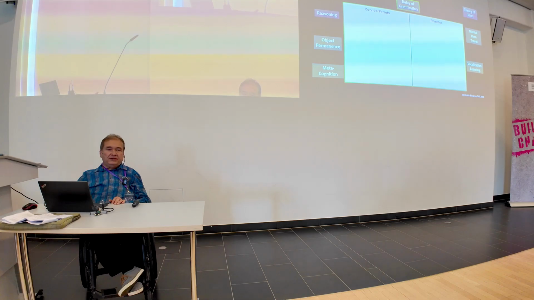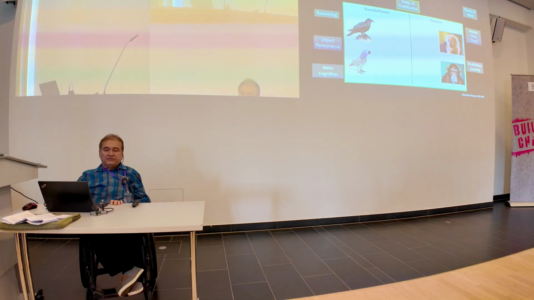So delay of gratification had 3 subcomponents, 3 subtests that were tested in the literature, all of them under the umbrella of delay of gratification. We compared the literature of corvids and parrots on one side and monkeys and apes on the other side. So the exchange task is one of the 3 delay of gratification tests that were used on all of these different species. So if you would apply it to me, I very unfortunately like candy.